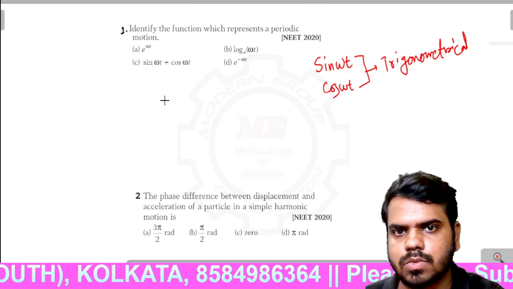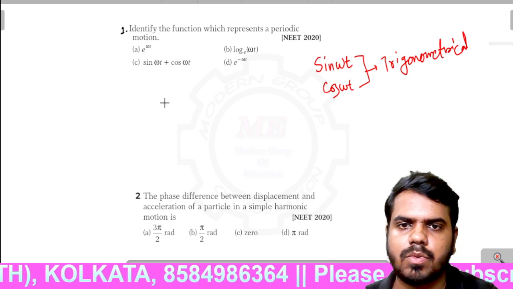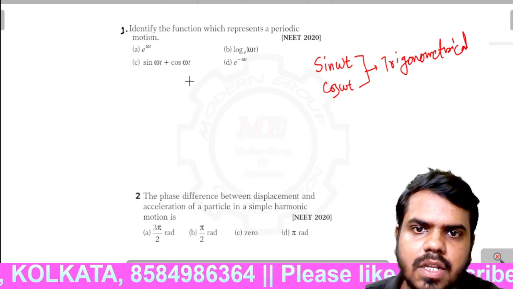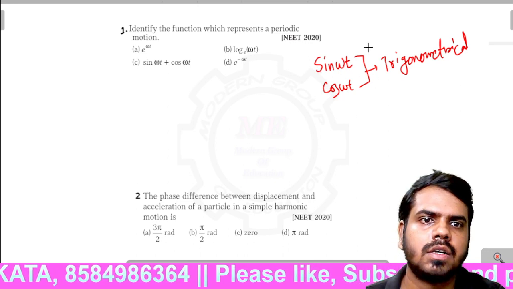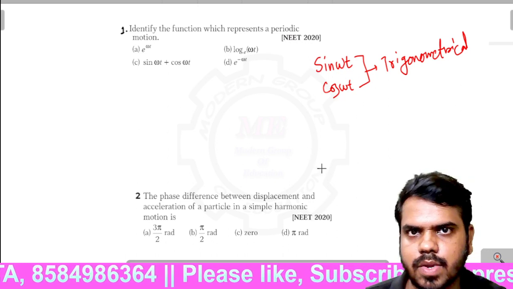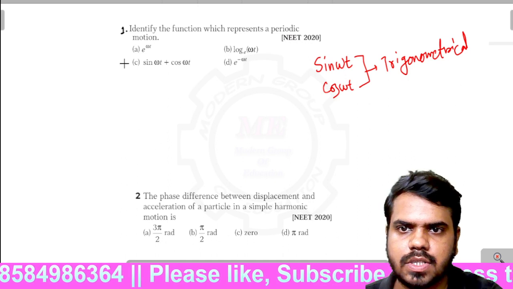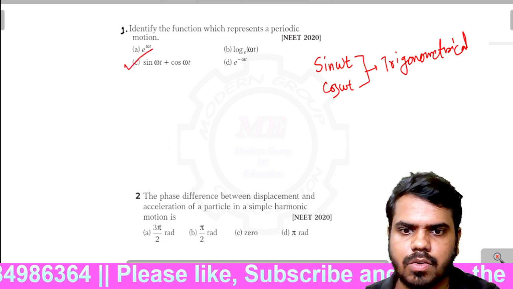So to check whether an equation is periodic or not, it should consist of a trigonometrical function, sin omega t or cos omega t. Okay, clear? So option C is the correct answer. Now coming to the next